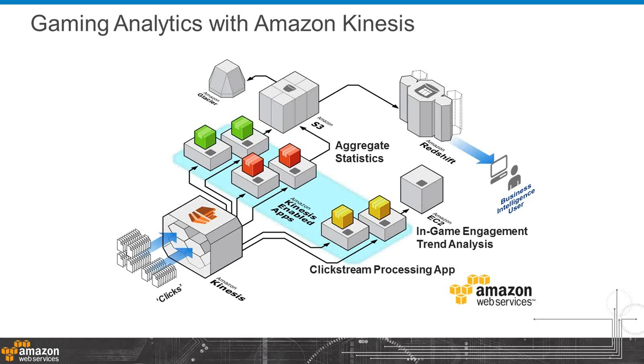Another Kinesis application is simultaneously creating aggregate statistics of these interactions and then emitting that data into a store like S3, from where it can be populated into Redshift for business intelligence users. And at the same time, there is another Kinesis application that is just archiving all the data so that it can then be used downstream for historical analysis with Hadoop-style systems.